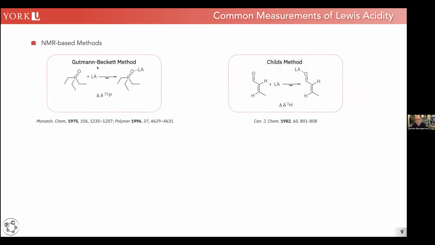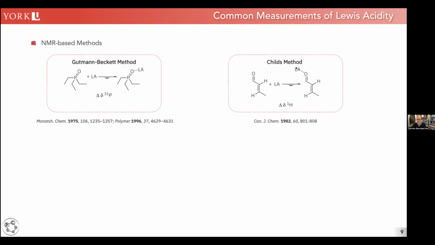The most well-known, I would think at this point, is the Goodman-Beck method. It's an NMR-based method. They use a phosphorus oxy component, so this phosphine oxide. When you coordinate a Lewis acid, it will coordinate to one of the lone pairs of the oxygen here. It ultimately changes the polarity of the PO bond because you pull electrons away from the oxygen, and ultimately it's a push-pull kind of a system. The Lewis acid and the phosphorus center will fight for the electron density around the oxygen, and if the Lewis acid is strong, it will pull electron density out, and ultimately you will be able to notice that in a low field shift in your phosphorus NMR. That's how the Goodman-Beck method works.